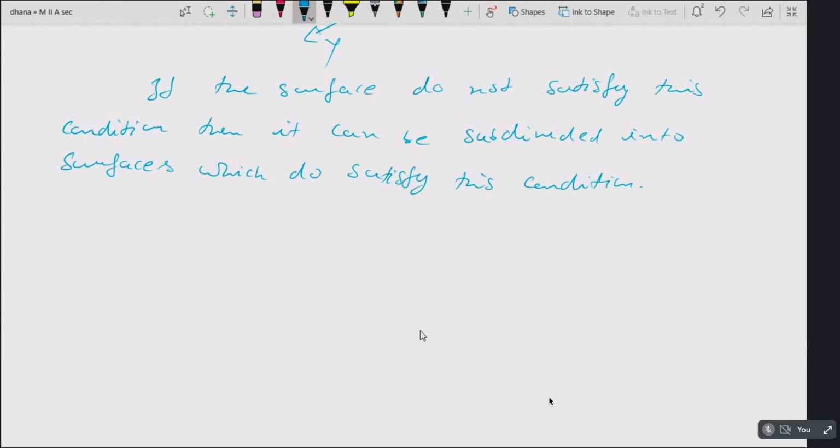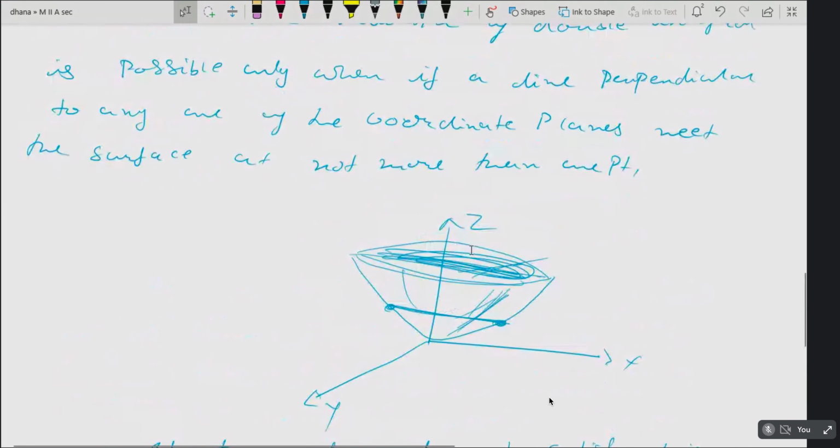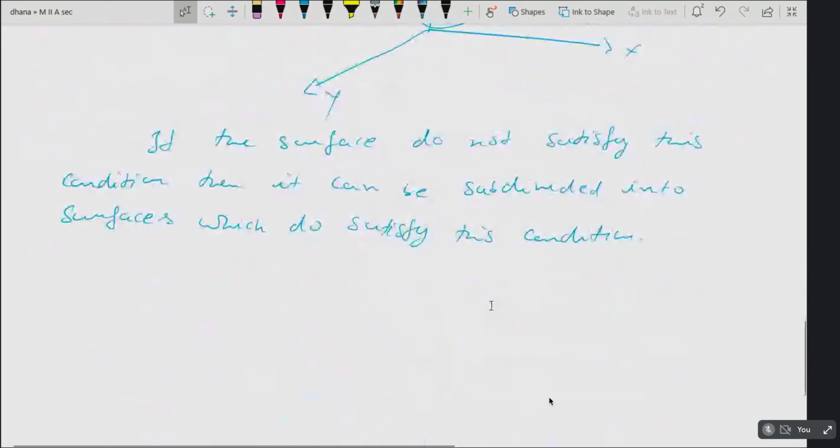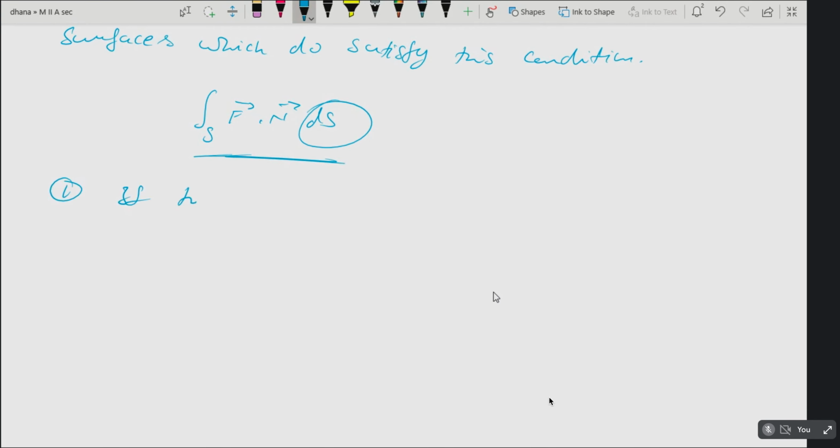Okay, now still the question is the same. After even explaining it, you have taken the projection. On whichever plane you take the projection, accordingly you have to write down the integral. Okay, you know that the surface integral is given by the integral of F bar dot n bar dS. So this dS will depend on the projection. You have taken the projection of the surface on which plane, on that it will depend. So first one, if the projection, this is very important what I am going to write, because based on this only you will solve the problems.